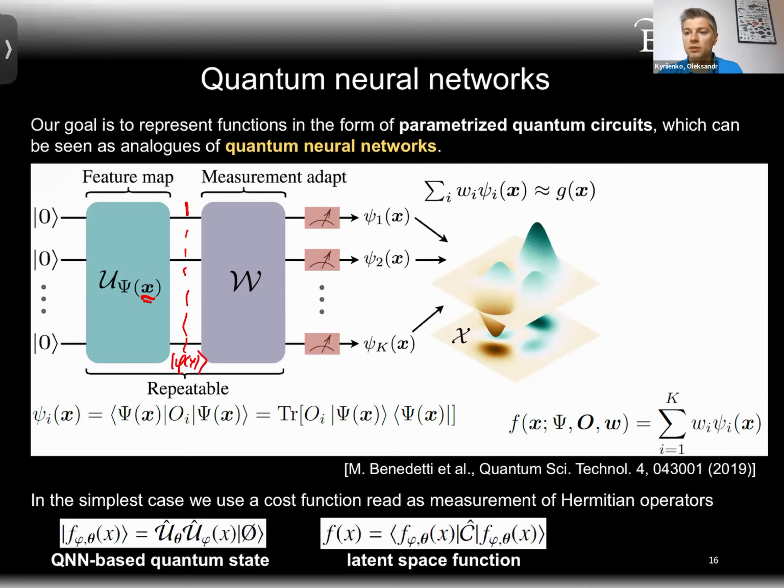So we started with a trivial state, we supplied this X, we created phi of X, and later we would like to measure it, but in a basis we don't know yet, which is given by the W ansatz with some variational parameters theta. And once we have twisted the basis, we will do the measurement of expectation values. In principle, these expectation values of operators O, measured many times, can lead to some scalar values,